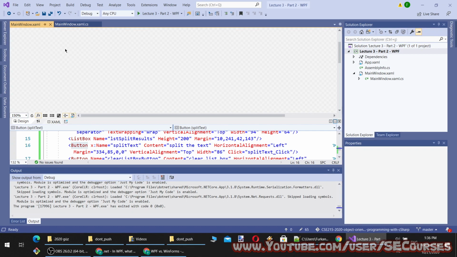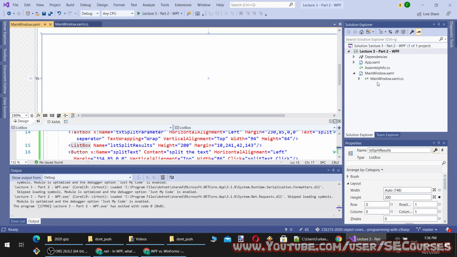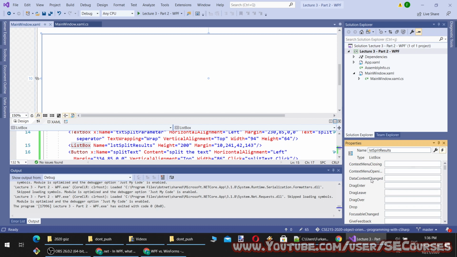Okay, how am I going to do that? On the list box, there is an event. Okay, you see the events here: drag leave, drag over, drop, focusable, change it, got focus, and such things.